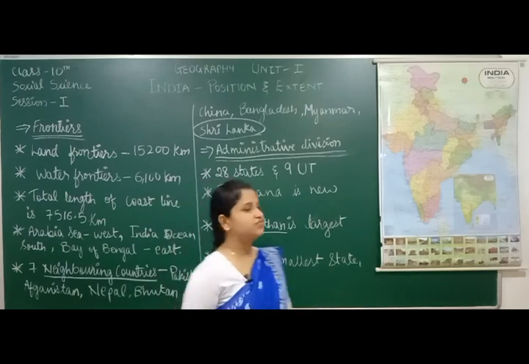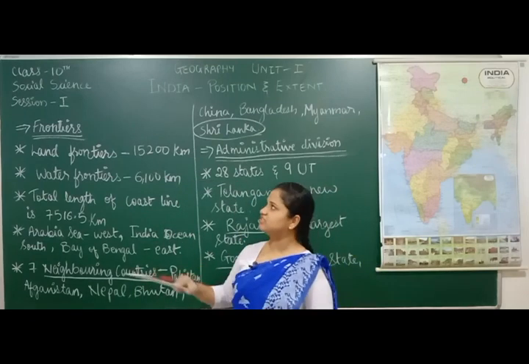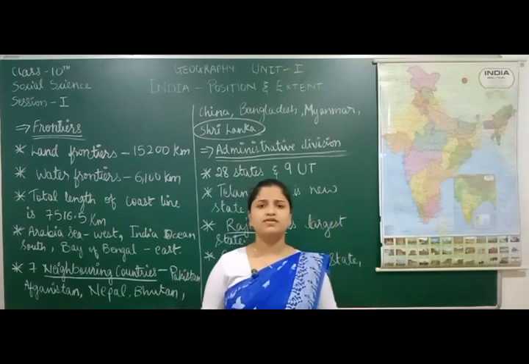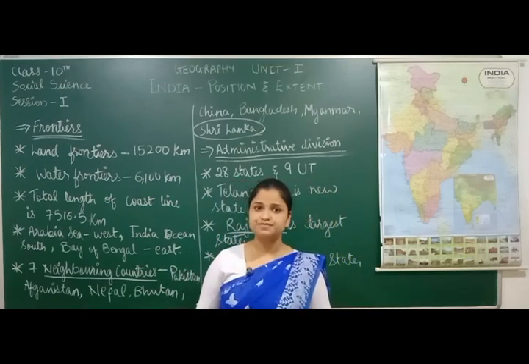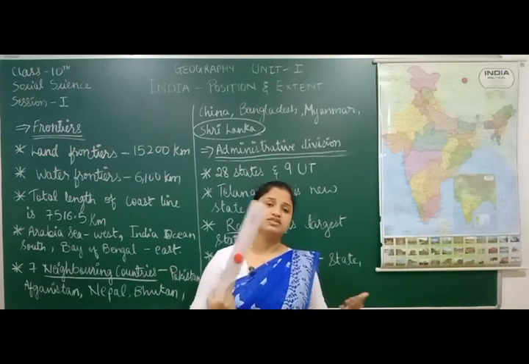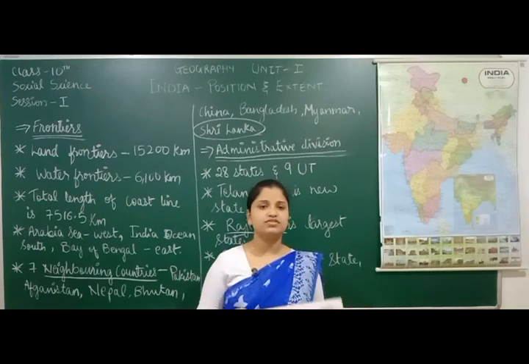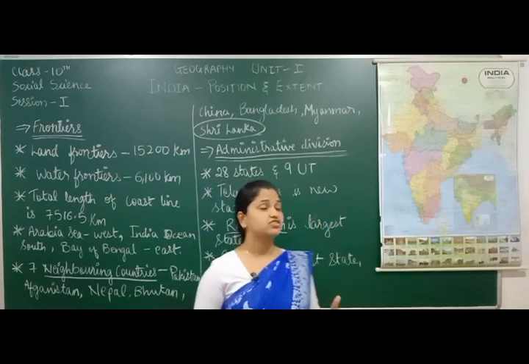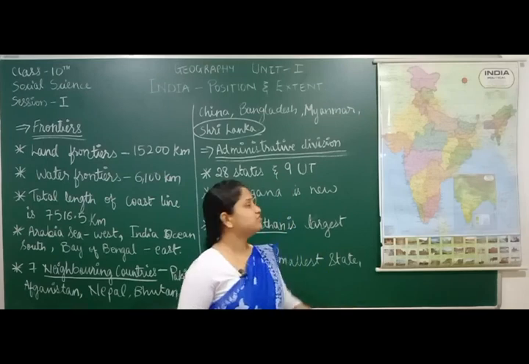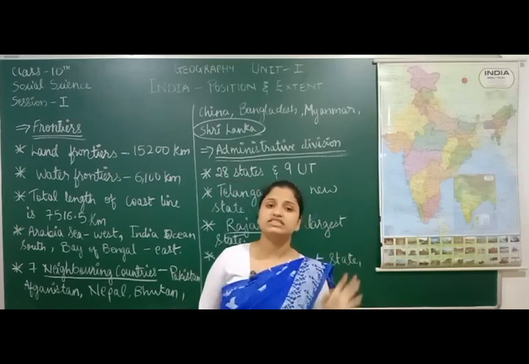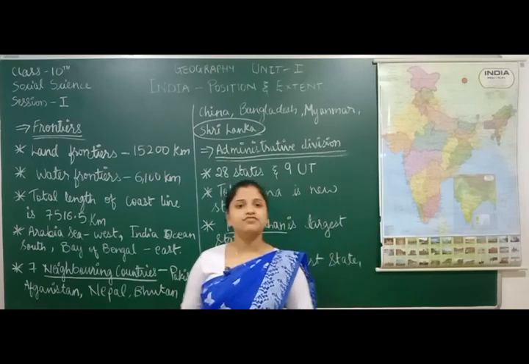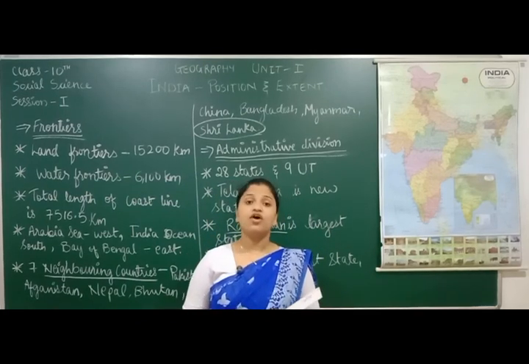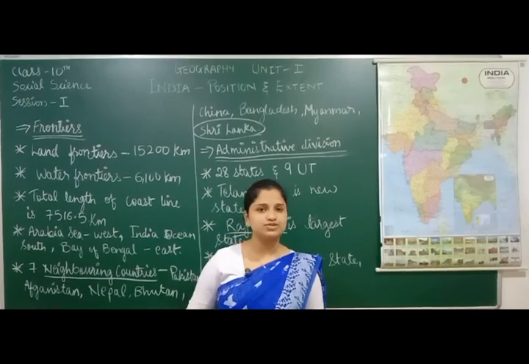So with this we finish our first chapter. In one session your one chapter of geography is over. In this lesson you learned about the location and extent of India, the latitudinal and longitudinal lines, and the different neighboring places of India. So you have learned completely the location and extent of India. With this I finish your first lesson. Please go through the lesson, read it nicely. Also, whatever notes will be sent to you, go through them very thoroughly.